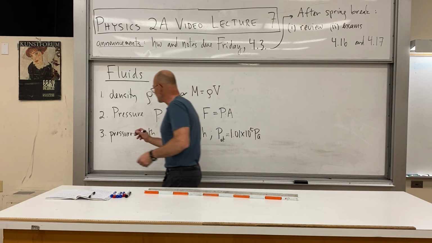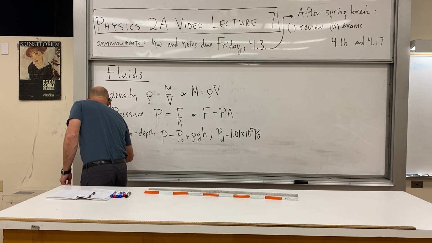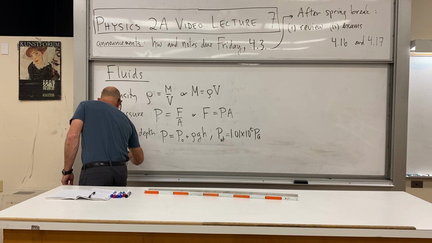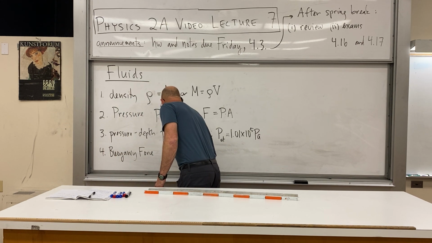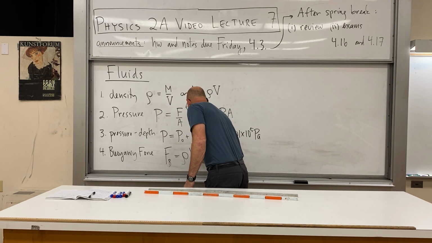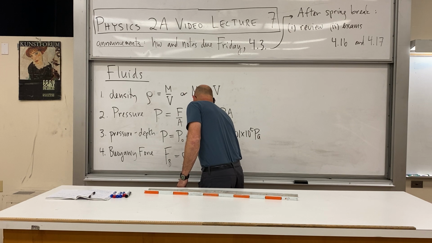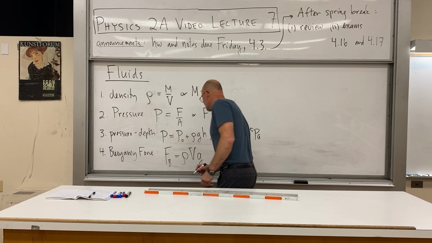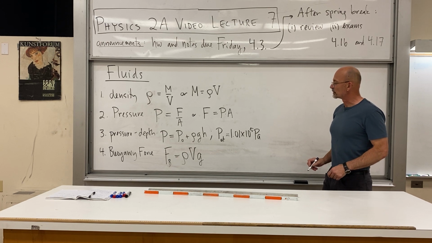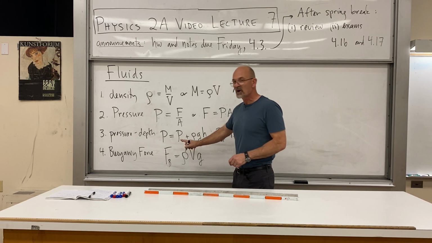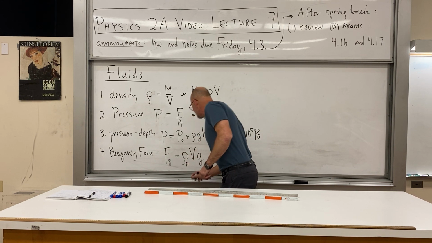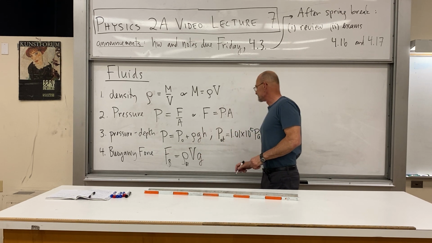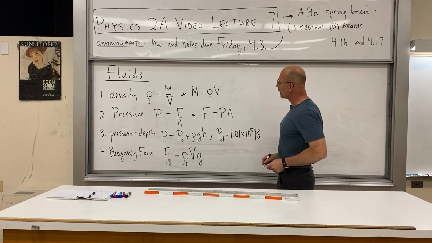Yeah, and then we have the buoyancy formula. For buoyancy, the buoyancy force, that is F sub B is equal to rho V g. Okay. In words, it's the weight of the displaced fluid, because this density is not your object that's being acted on, it's the surrounding fluid. So density of the fluid, the volume that's been displaced, and g. Okay, so those are our formulas,